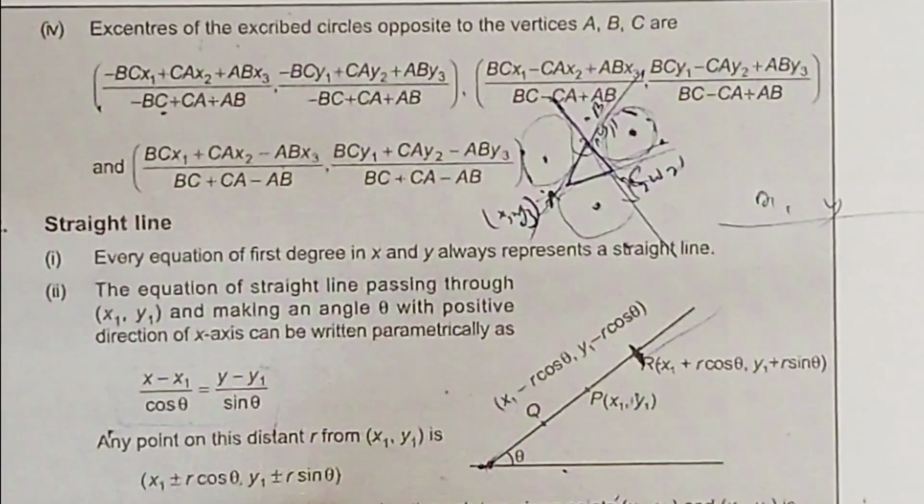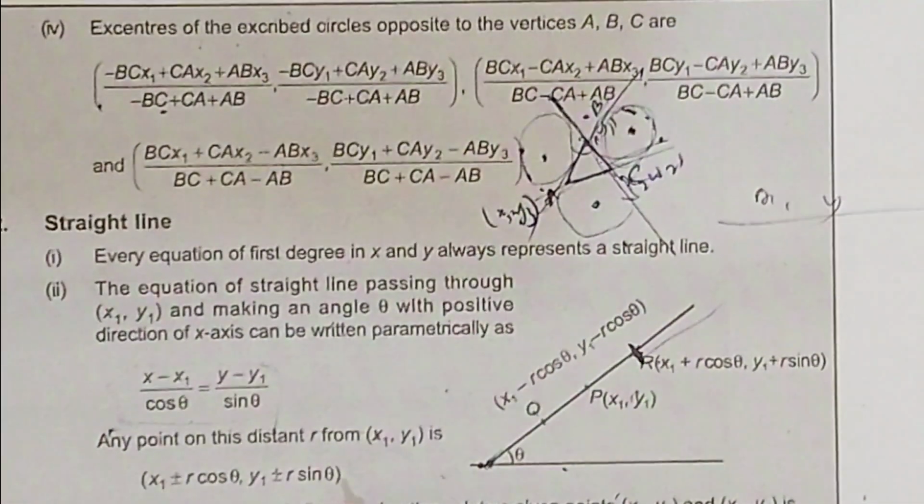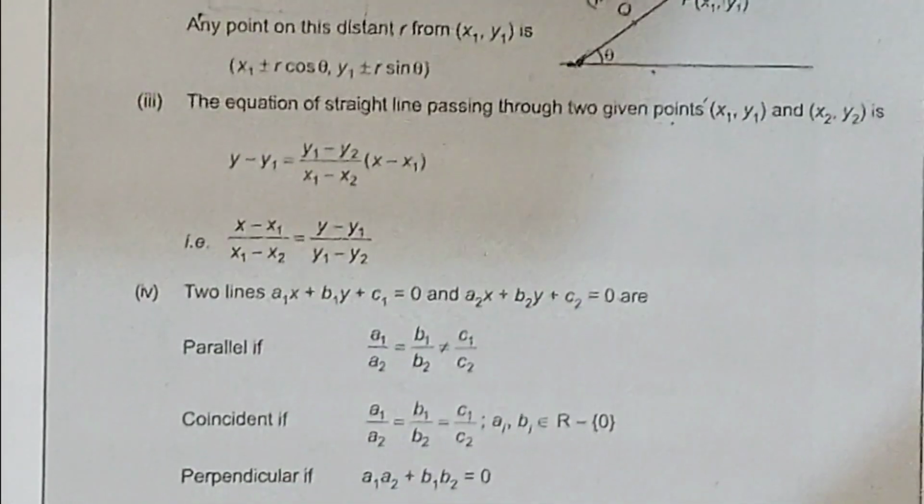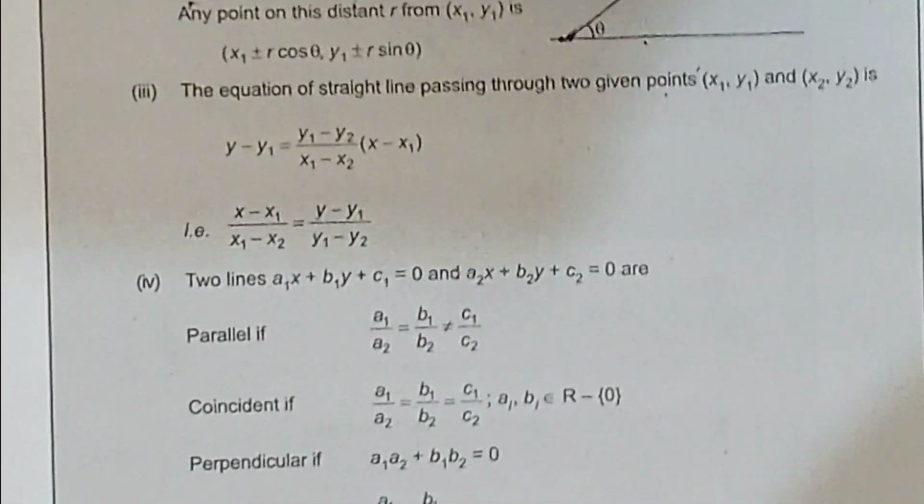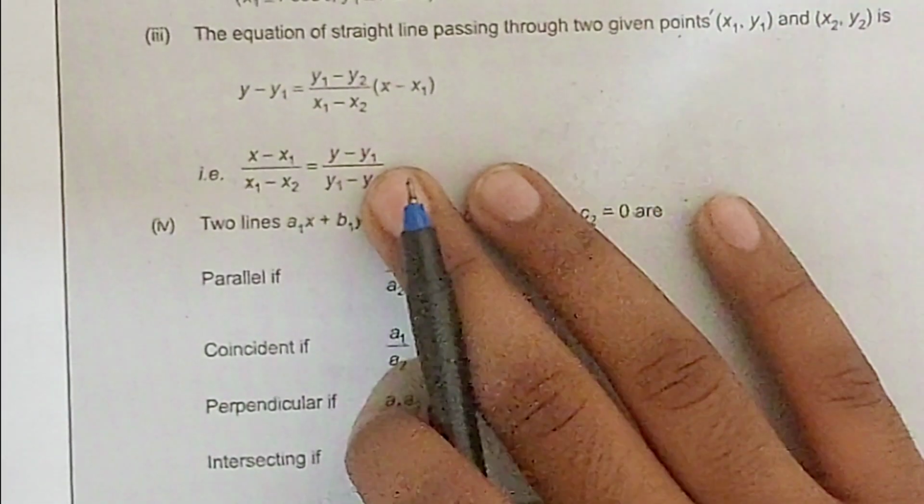And any point at distance r can be represented like this. This is the simple parametric form. I hope you have studied it, because lots of questions are solved using this. If you have theta, then you use this formula. But if you have not been given theta, but only the 2 points,